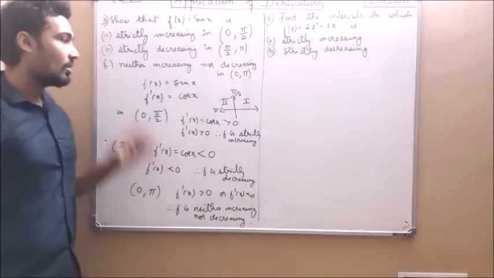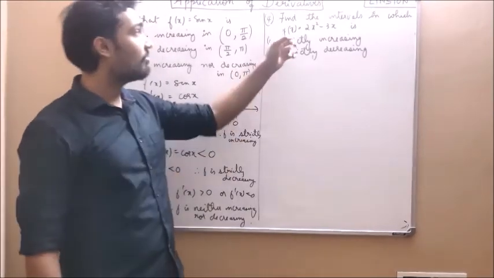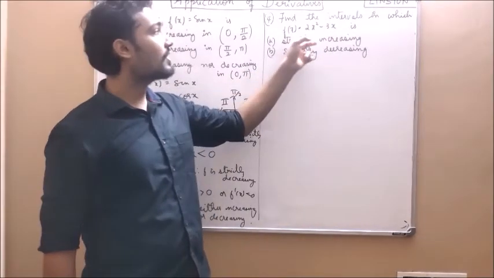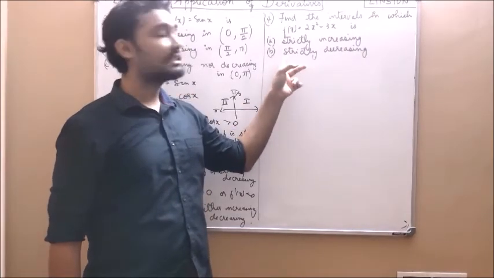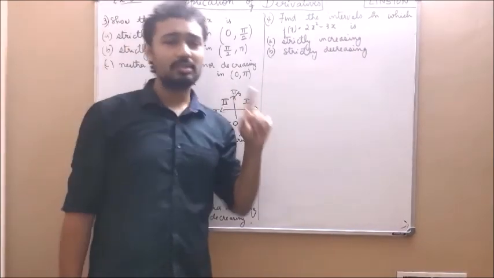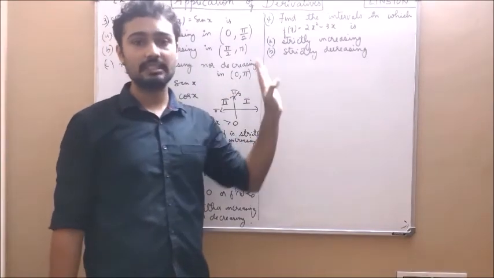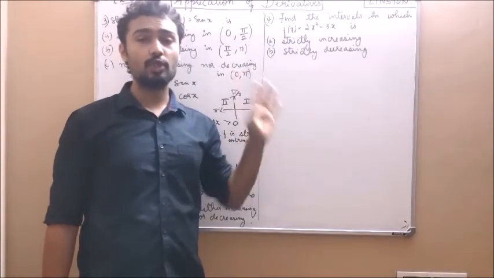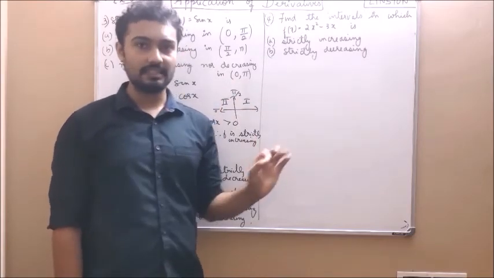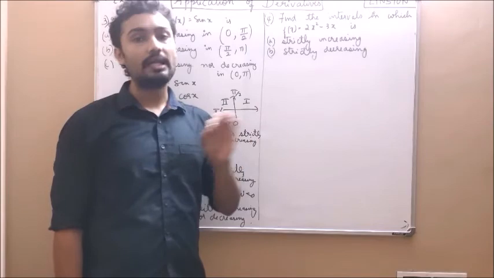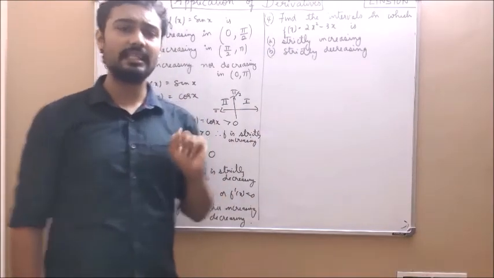Okay. So this is this. We'll move on to the next question. Find the intervals in which f of x equal to 2x square minus 3x is (a) strictly increasing and (b) strictly decreasing. So I told you some intervals go up, some down, meaning sometimes increasing, sometimes decreasing. We have to check the intervals. I told you when talking about critical points, we have to check the intervals where it might increase or decrease. So first, as always, take the derivative.